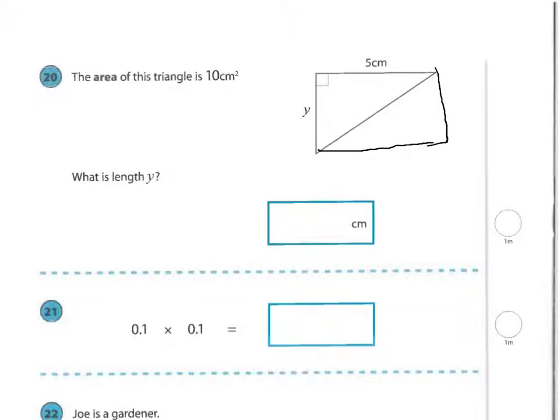So if the area of the triangle was 10, I know the area of the rectangle is 20. So 5 times what gave me 20? Well, the answer is 5 times 4. Question 21. 0.1 times 0.1 is going to give me 0.01. My answer needs to have 2 decimal places to correspond with the 2 individual decimal places that were in the